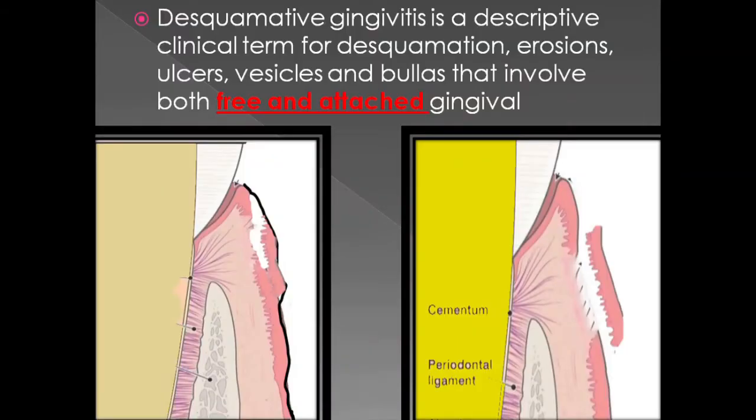Now, desquamative gingivitis is a descriptive clinical term for desquamation, either erosion, ulcer formation, vesicles or bulla that involve both free and attached gingiva. Initially there might be vesicle formation or bulla formation. Later on the epithelium will get eroded over a period of time and ulcer formation will be there, and because of that